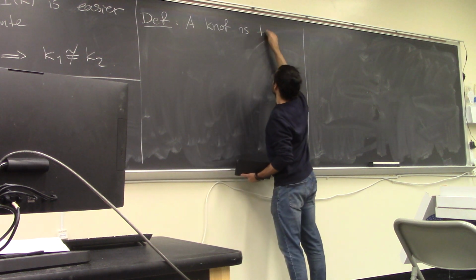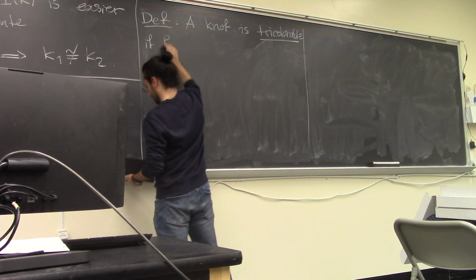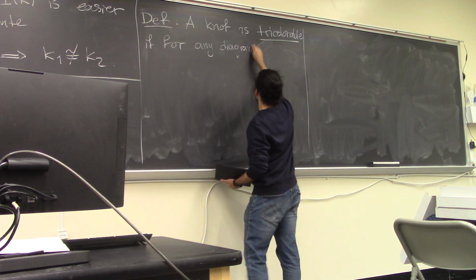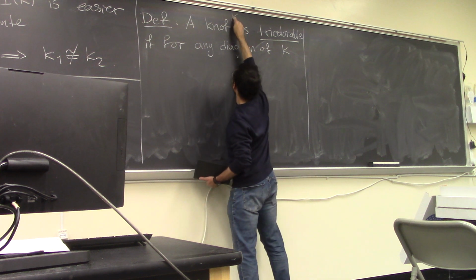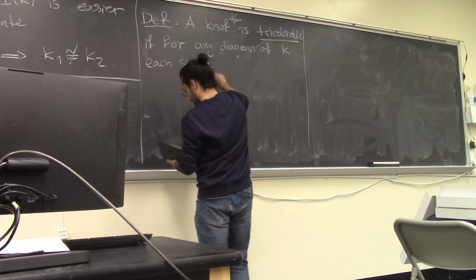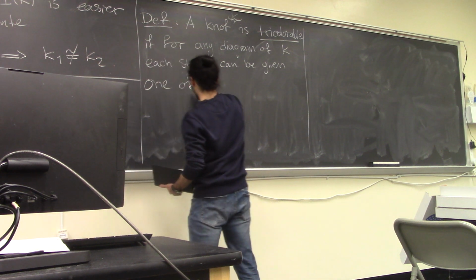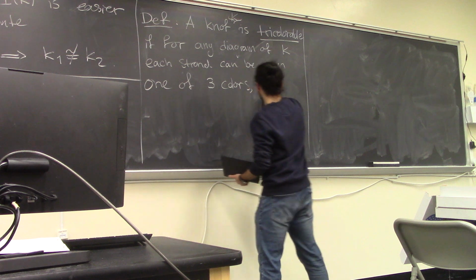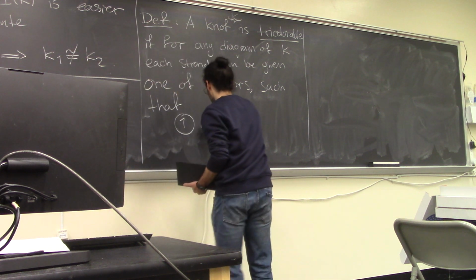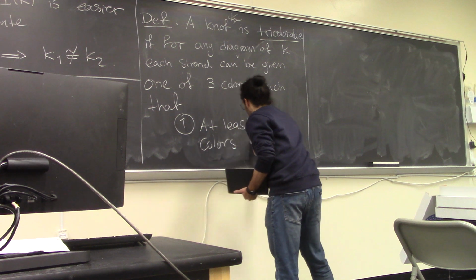A knot is tricolorable if for any diagram of K, and K is my knot, each strand can be given one of three colors such that, one, at least two colors are used,